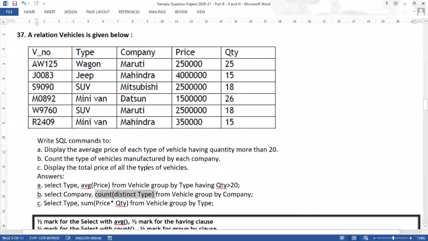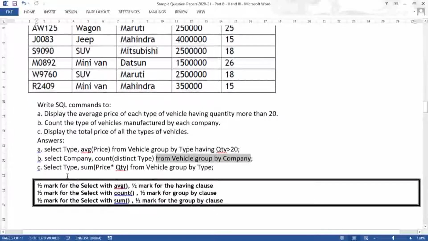So when we are counting and we want to count only unique values, that time we have to use the keyword distinct. So the distinct keyword displays the unique values. If it is returned in duplicate form, or we can say if it is repeated, then the value won't be displayed in the output when using the distinct keyword. From vehicle, group by company. So that is the correct answer.